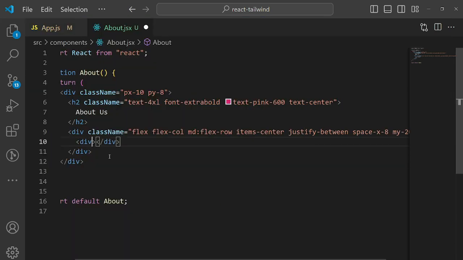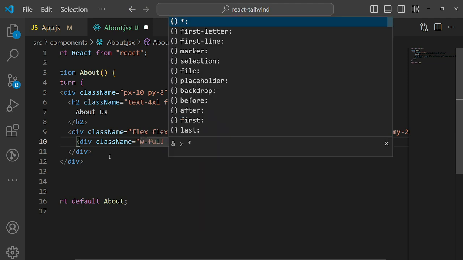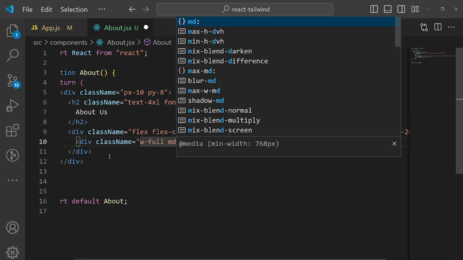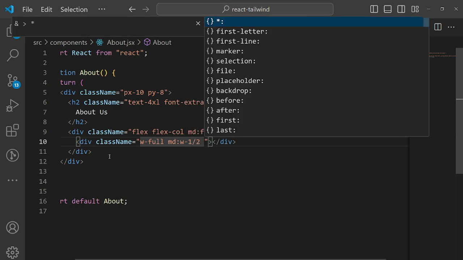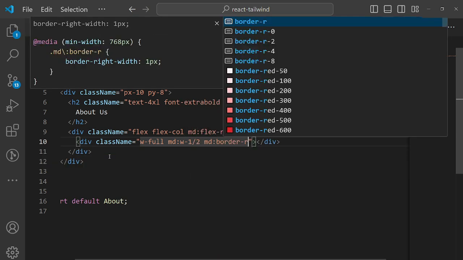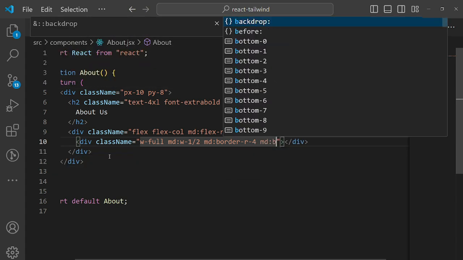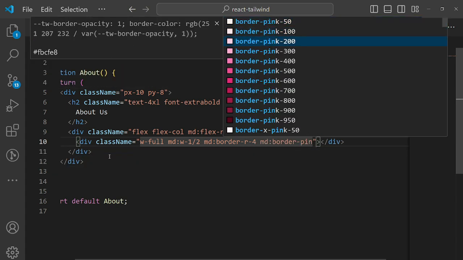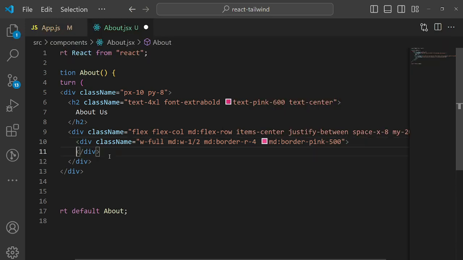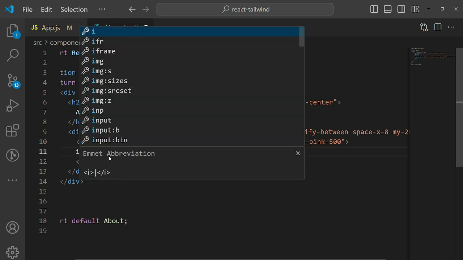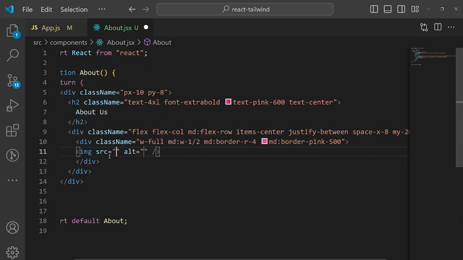So div, and here the class name will be width is full in the mobile screen, and in the medium screen width will be 1 by 2, and in the medium screen border right 4, in the medium screen border pink 500. Okay, so inside this div I am going to create an image tag here, so img plus enter,